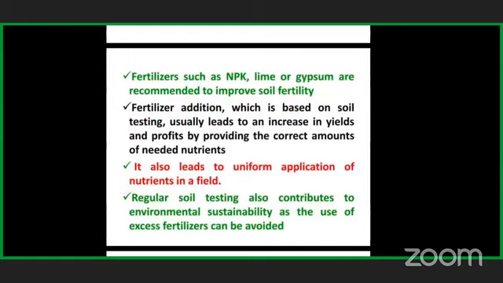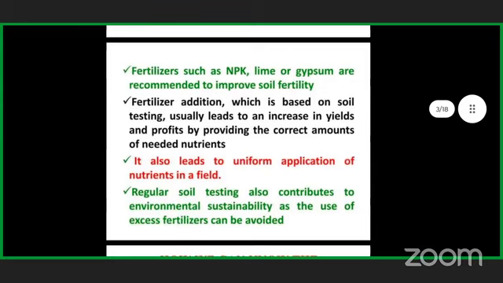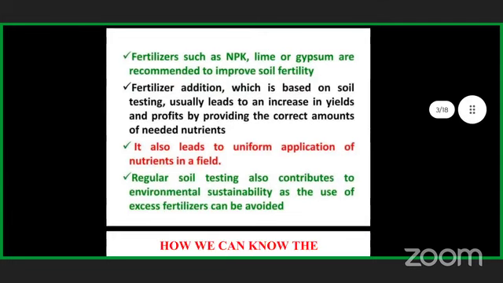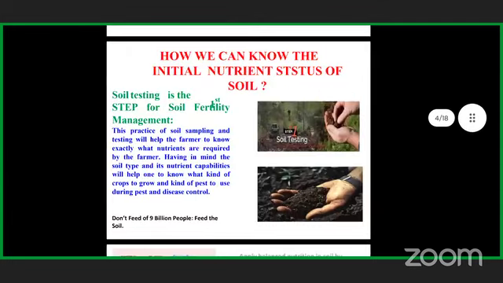Now, if we are saying to do this, we should also know how we can do it, like how we can know the initial status of our soil. To know the initial status, the thing almost everyone should know is the soil test. And for soil testing, the foremost important thing is to collect the sample. Whenever farmers are collecting the soil sample for soil testing, they're taking the soil.